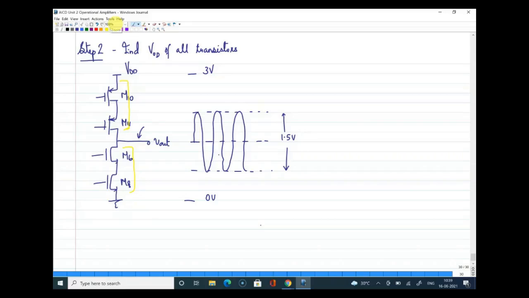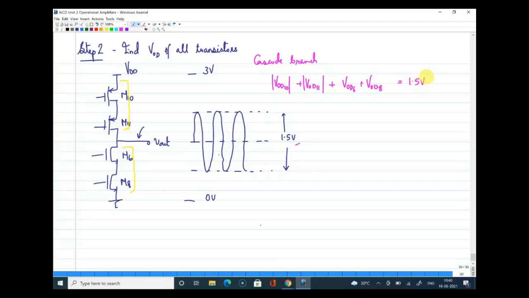Yes, sir. Okay, so what will I do here? If I look at one cascode branch, I have the overdrive voltage of 10 plus the overdrive voltage of 11, both are PMOS, plus overdrive voltage of 6 plus overdrive voltage of 8. There are 4 transistors here, and the sum of all these overdrive voltages can be equated to 1.5 because what we need as output swing is only 1.5. So remaining I have taken it here. I'll do it for one cascode branch, and the same voltage is applicable to the other cascode branch with all even numbers as well.